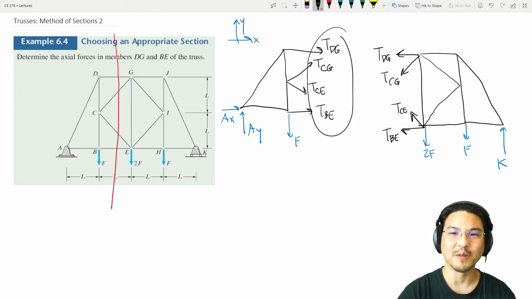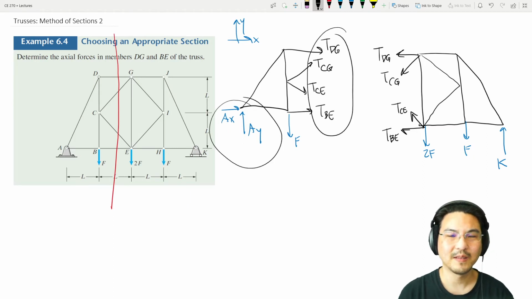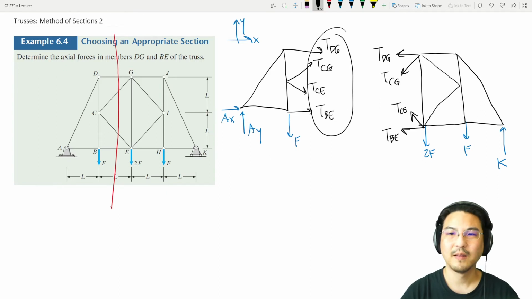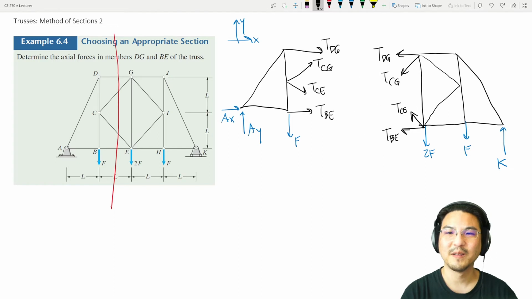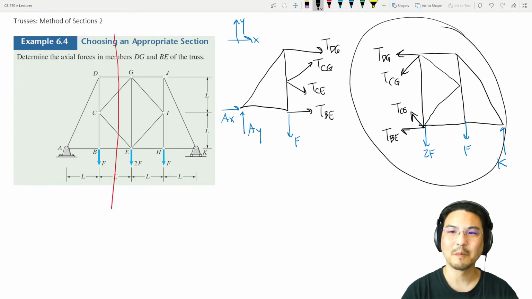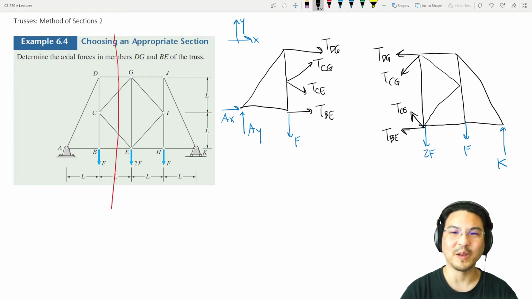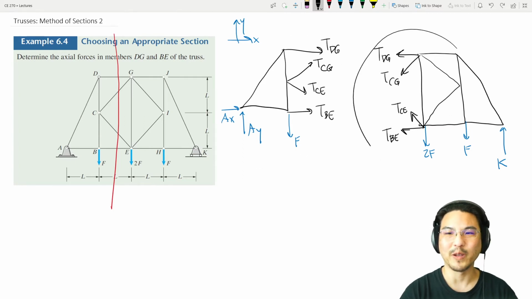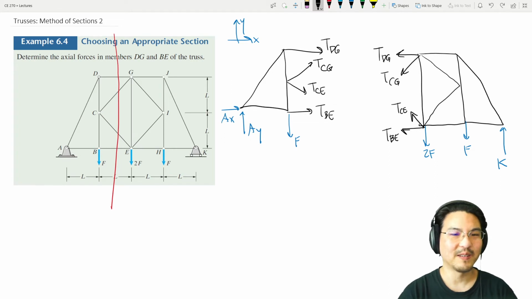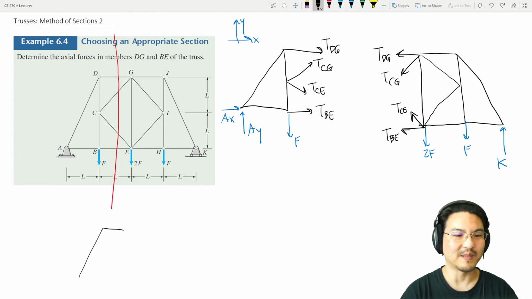This one has 1, 2, 3, 4, 5, 6. This one has 1, 2, 3, 4, 5. Okay, so maybe this has less unknowns than this side, but either way, we still don't have enough equations, because at best we could write 3 equations here, 3 equations here. That's not enough. So the strategy would be take the whole thing, right, the entire structure,